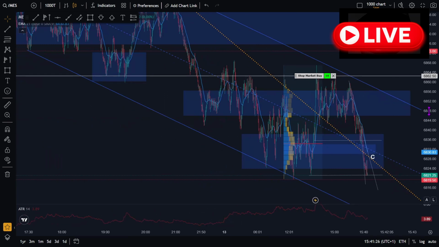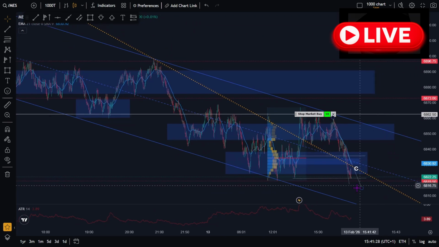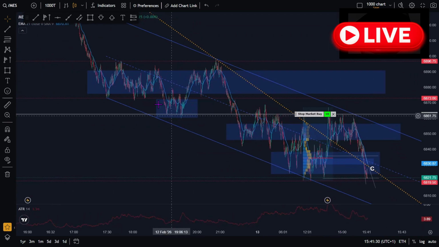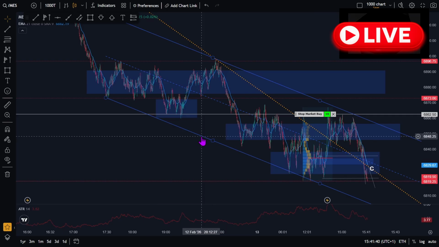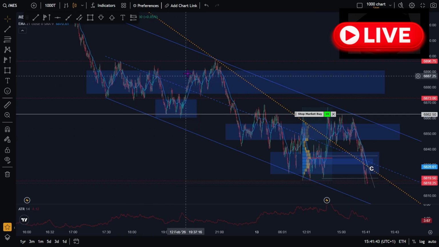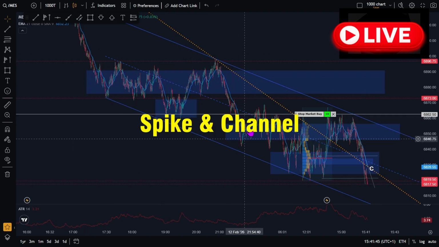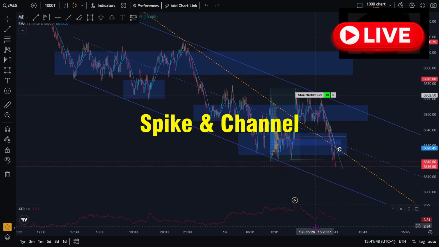But there is another way of interpreting this pattern. This is a spike and channel, and these channels like to retest the lower line of the channel 4 times. 1, 2, 3, and 4. And now we are getting the fourth